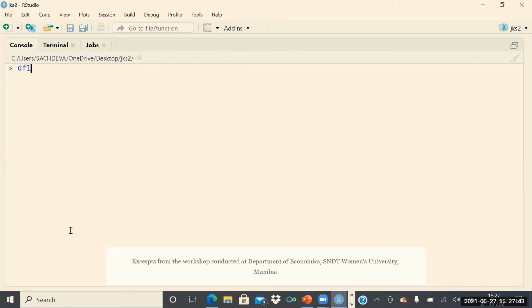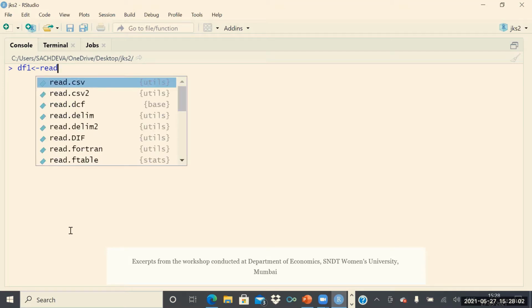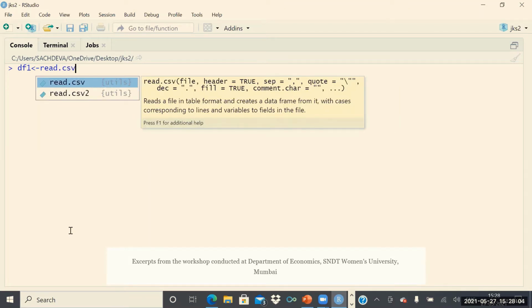df1, just a name, any name for any array. So df1, because my file which I have created, a Likert scale file, is a CSV file. I have saved it as a CSV file. So I will say read.csv